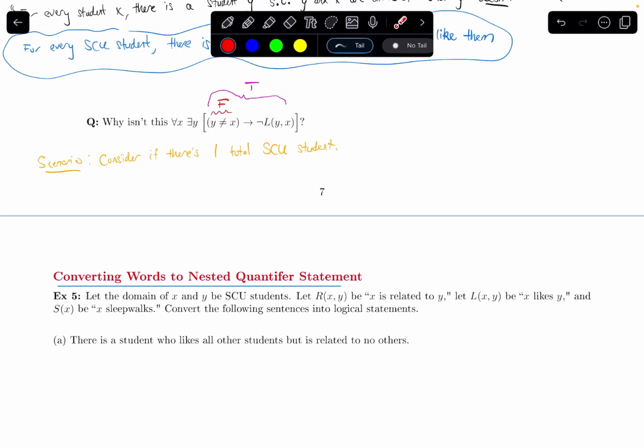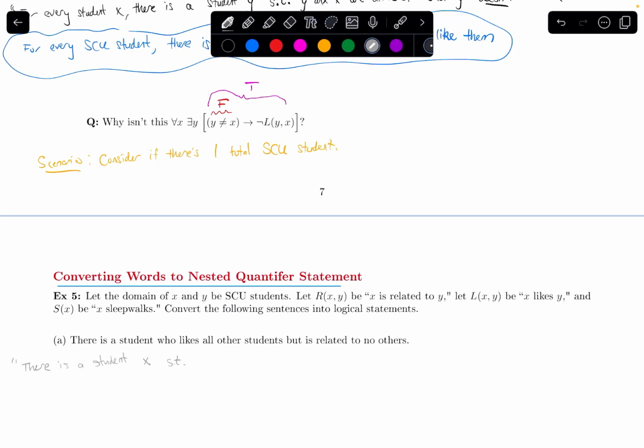So when I read the sentence, I notice there's a couple of quantifiers being set up here. It says there is somewhere, it says the word all somewhere. So when I see multiple quantifiers like this, I find it helpful to first rewrite the sentence using words that make it more clear exactly where those quantifiers are, where I can introduce some variables that go with the quantifiers. So for the there is a student, I can write there exists, or there is a student, and I'll introduce a variable that'll go with the there is quantifier. There is a student x, such that,